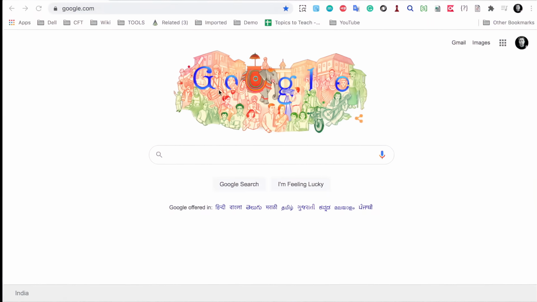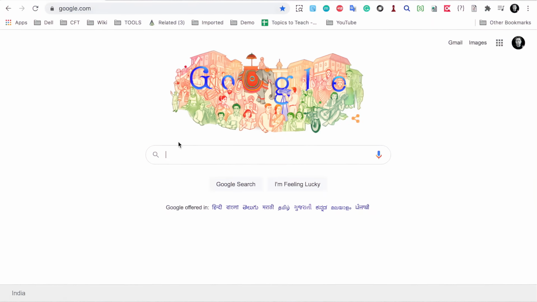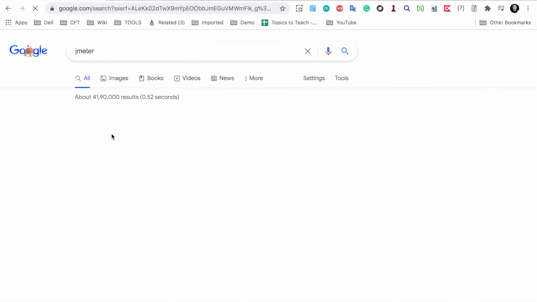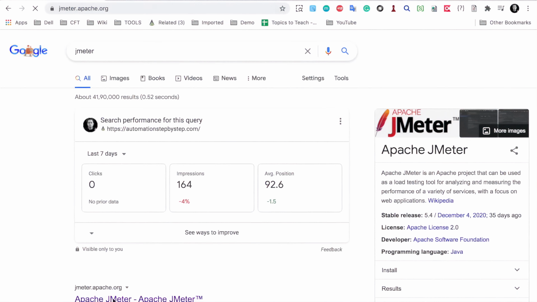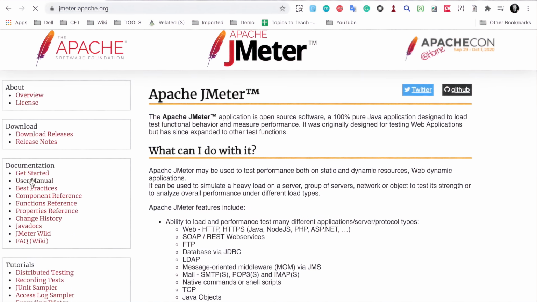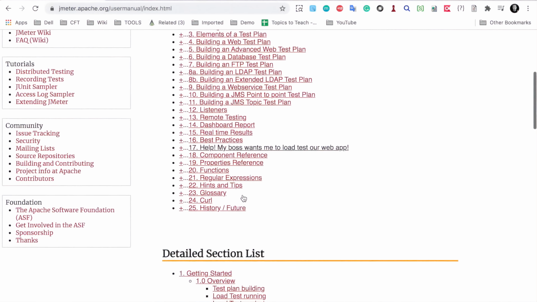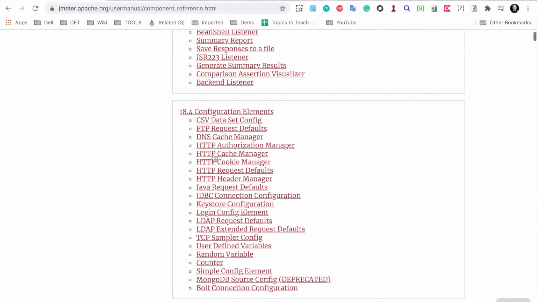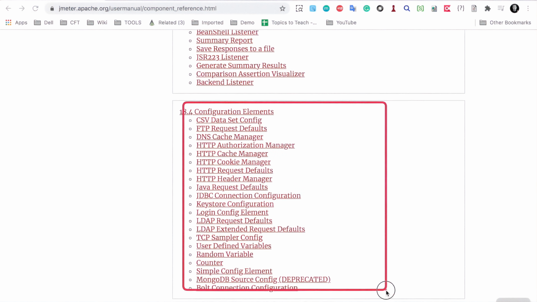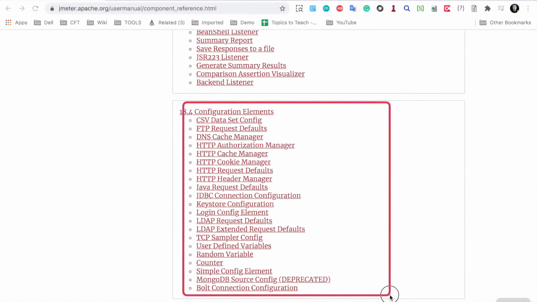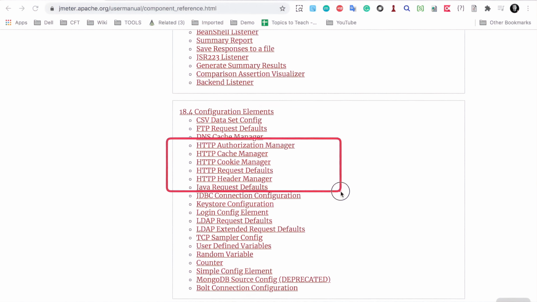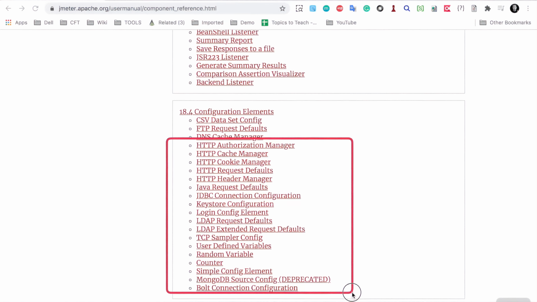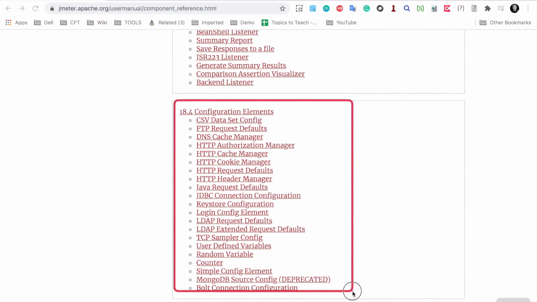Also, if I go to the JMeter documentation, I will go to the JMeter website. This is jmeter.apache.org, and if I go to the user manual here, and if I go to point number 18, that is component reference, here you will see samplers, logic controllers, and listeners, and here we have config elements. So these are all the config elements. I will tell you some basic config elements and show you a demo, but whenever you need,